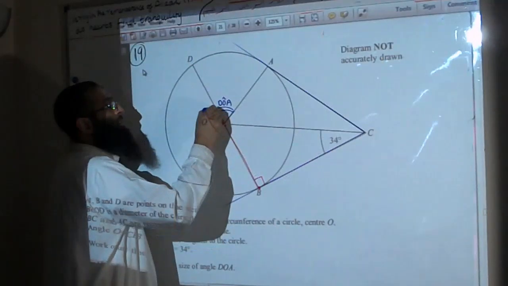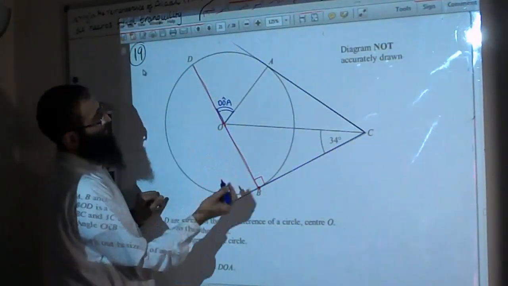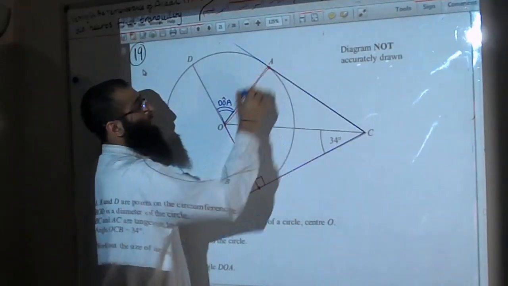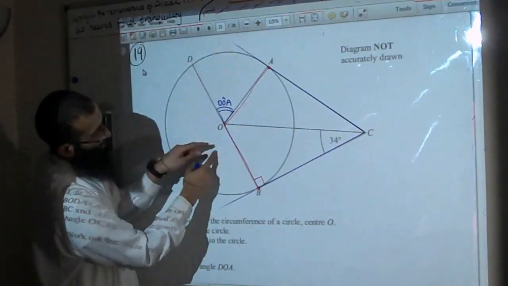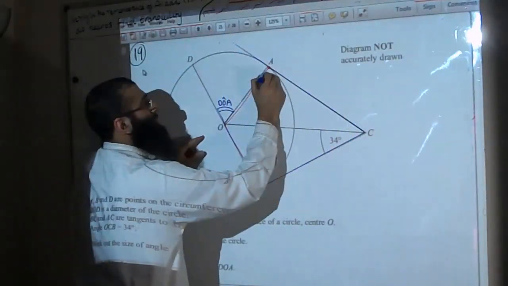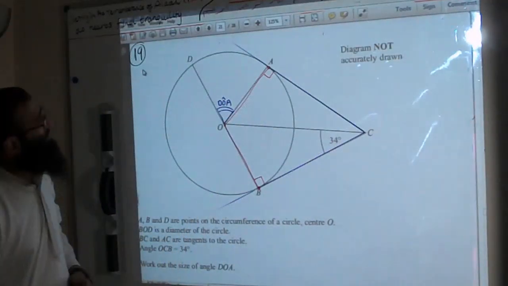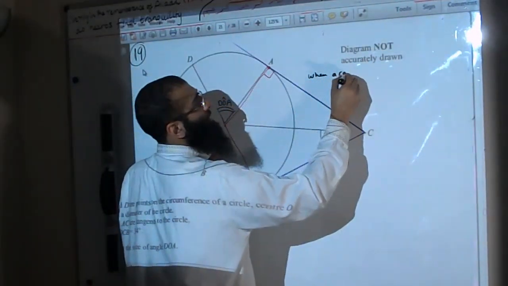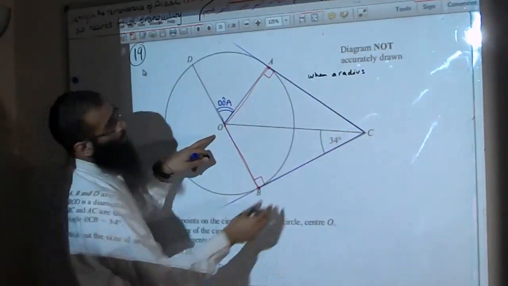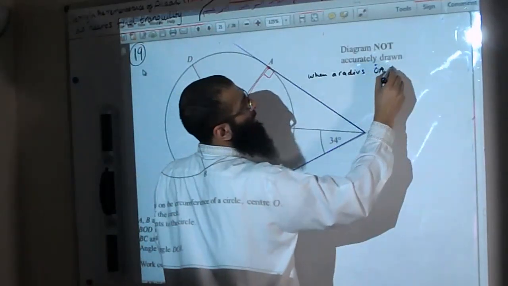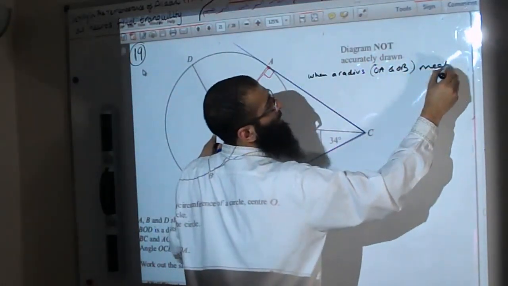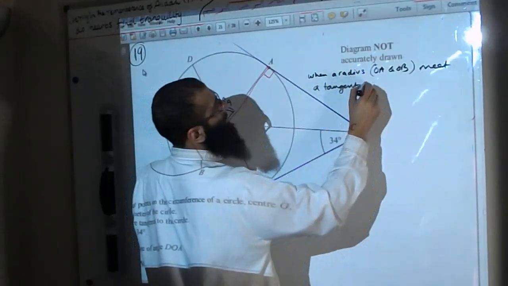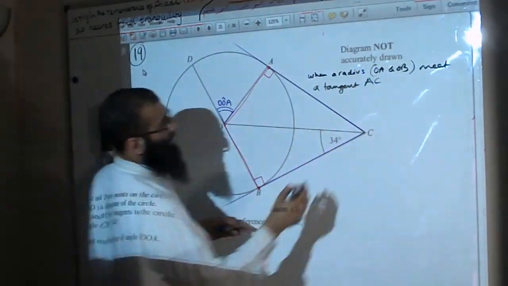Okay. Is this another radius by chance? Okay, that one is there, but actually I've gone the wrong way. Pardon me, I'm looking at the wrong one here. This one here. Okay, this is the radius, and this is the radius, and they both are meeting a tangent. So they both must meet the tangent at... I'm going to make a nice little statement here on the side. So I'm going to say here, when the radius, so the radius is going to be OA and OB, meet a tangent, okay, tangent is AC and CB,